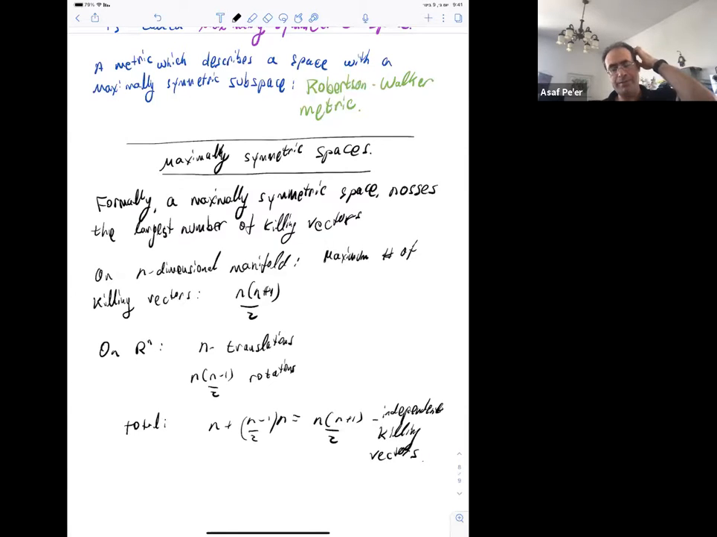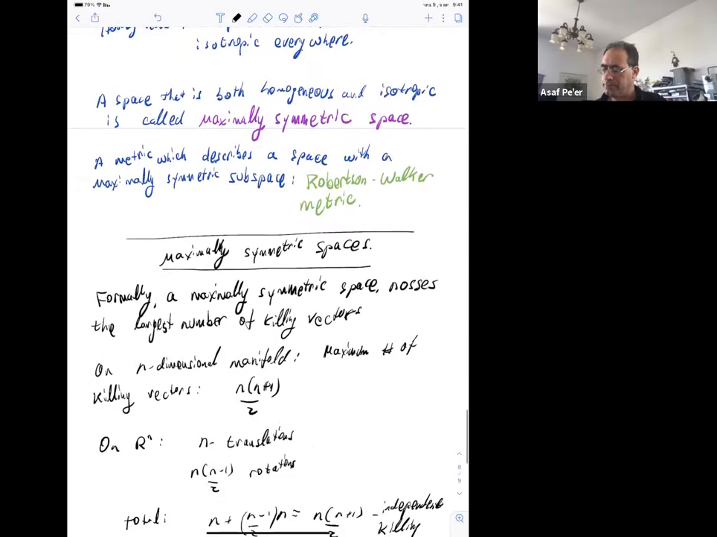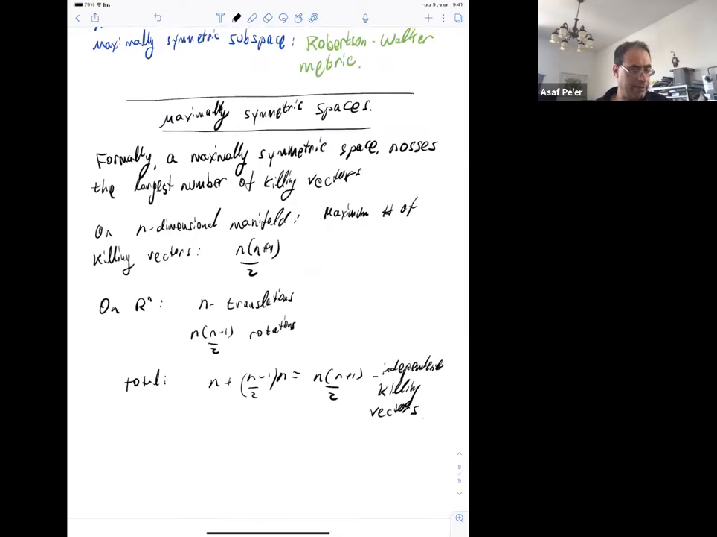The same argument would hold for any maximally symmetric space with curvature, which is essentially an n-dimensional space. That means that when n is greater than or equal to 2,